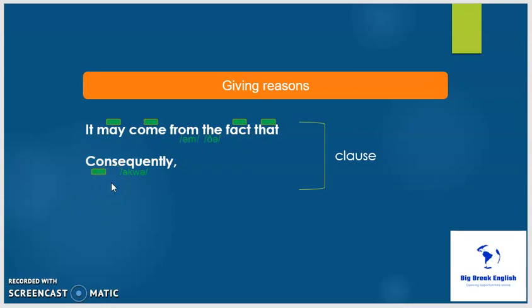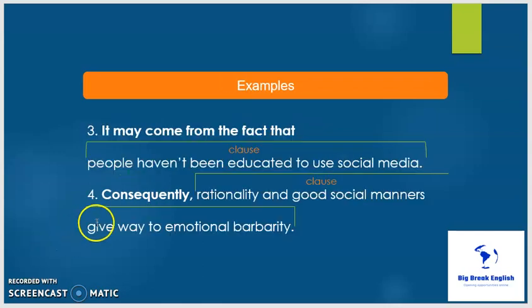And also we have this word consequently. How many syllables is that? Consequently. Right, 4 syllables. The stress is on the first syllable. And so therefore, again, we have some unstressed syllables this time that take weak sounds. Consequently. Say that again. Consequently. And both these phrases are followed by a clause. Let's see how that works in some examples.